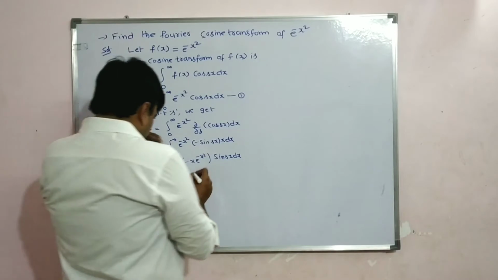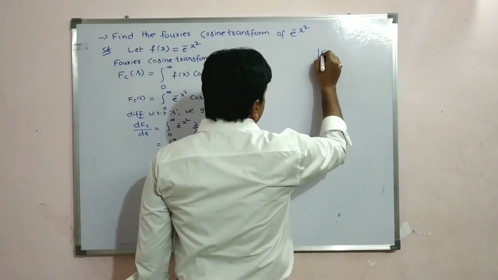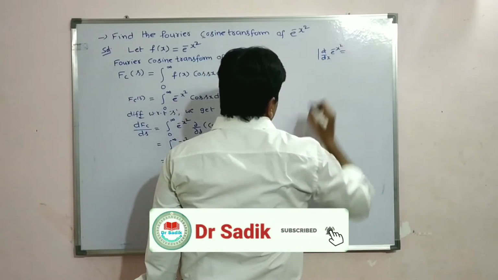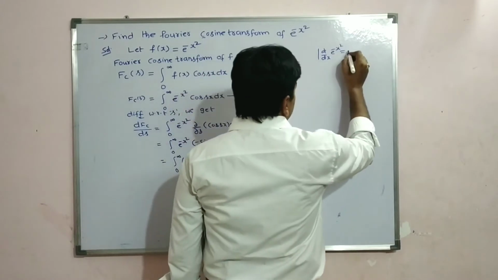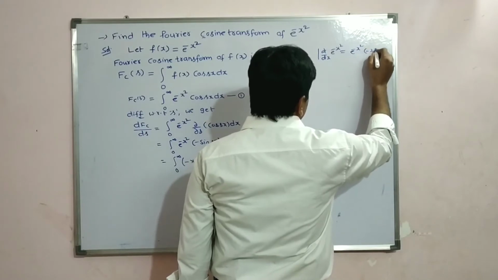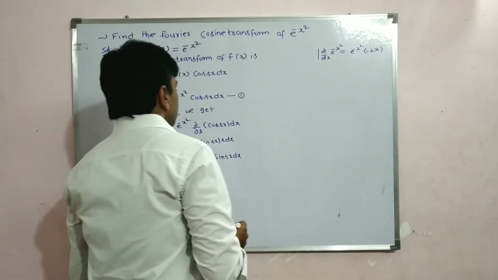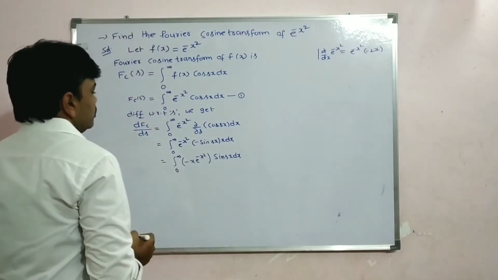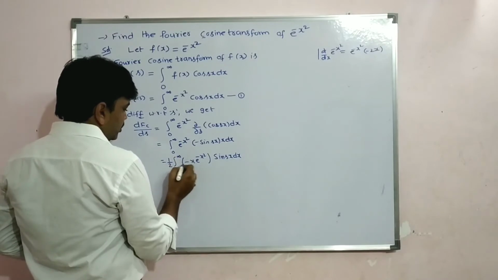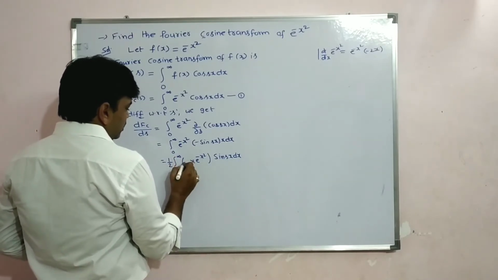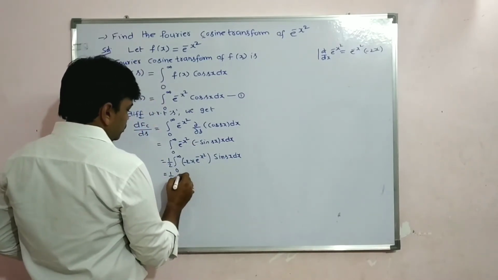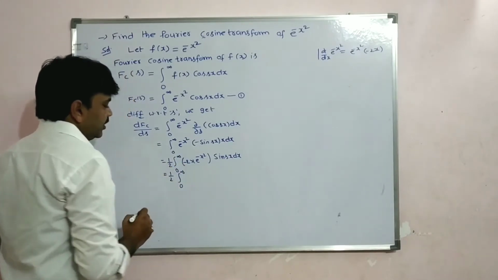Now I want to write d by dx of e power minus x square. What is the derivative, students? e power minus x square, and the derivative of minus x square is minus 2x. So multiply by 2 by 2. You write 1 by 2 here and 2 here, so it is minus 2. So that is equal to 1 by 2 into the integral from 0 to infinity